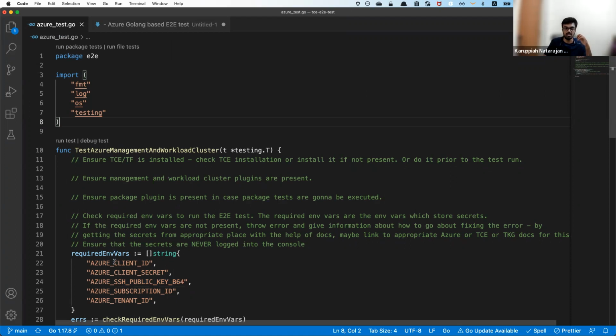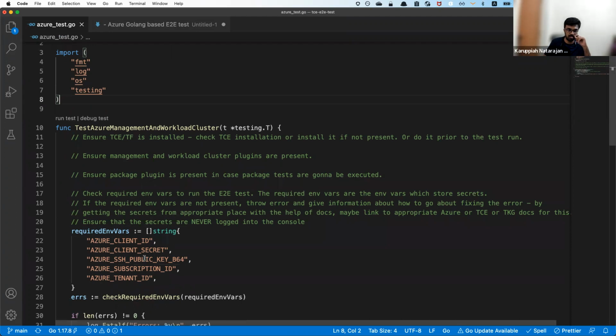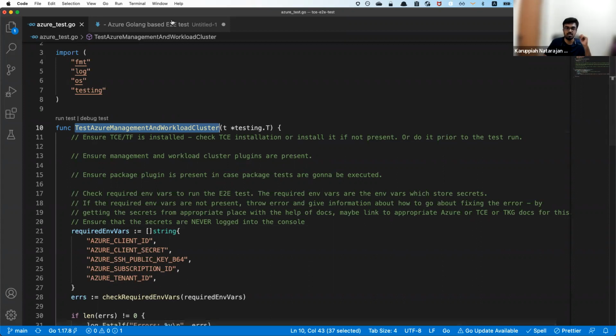So instead of getting it as environment variables for the library, this is not the library, this is just a test, and we will create a library separately. For the library, we have to inject these secrets. For this test, we will pick them up from the environment variables. For the libraries, we'll inject the secrets through arguments.